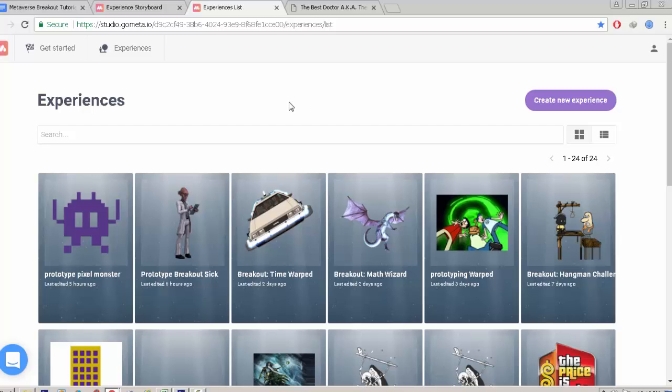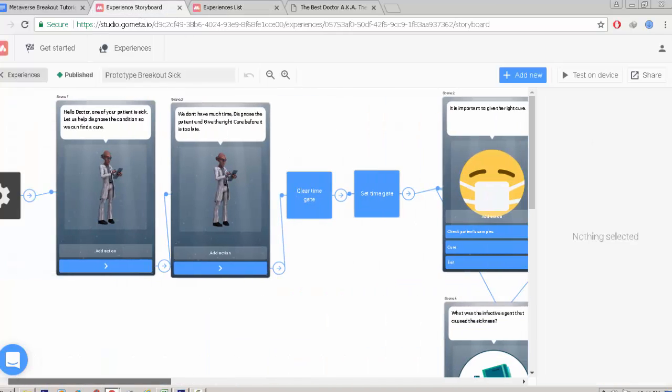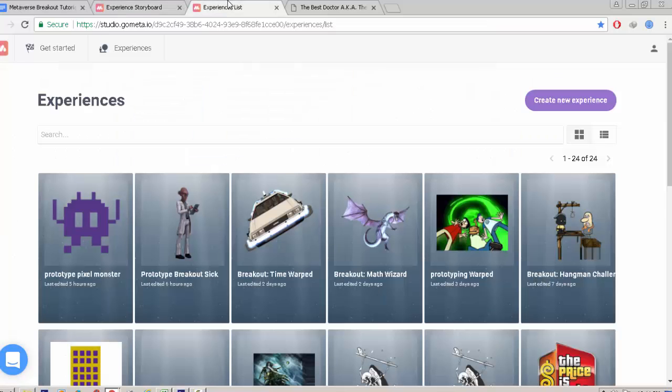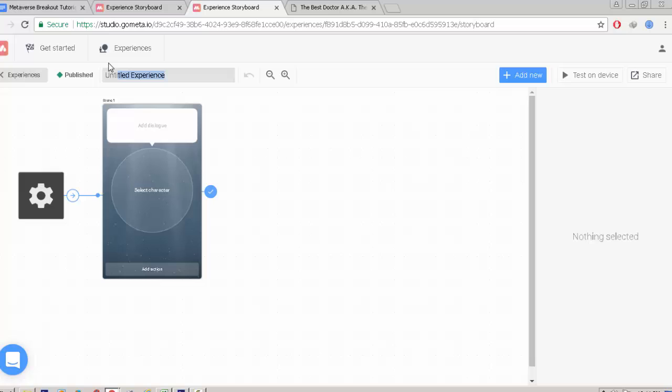Okay, so today we're gonna make a breakout challenge about viruses. So I already made a prototype. This will be our guide in this tab, and I'll show you how to make this one through our tutorial. Okay, so first off, we're gonna create a new experience. There we have it. Then of course we're gonna change the title,